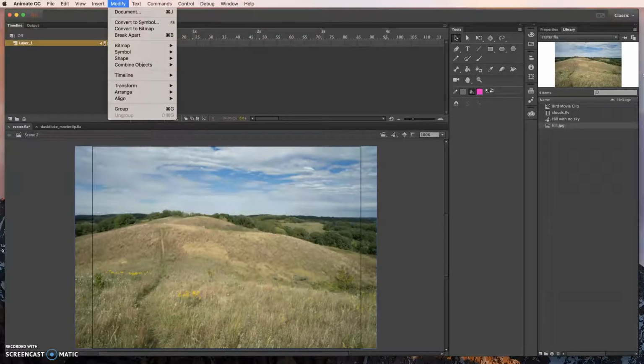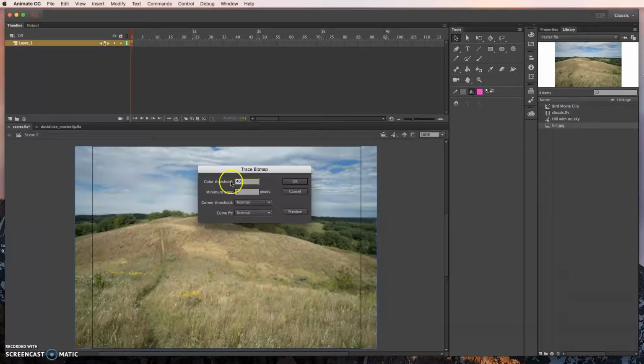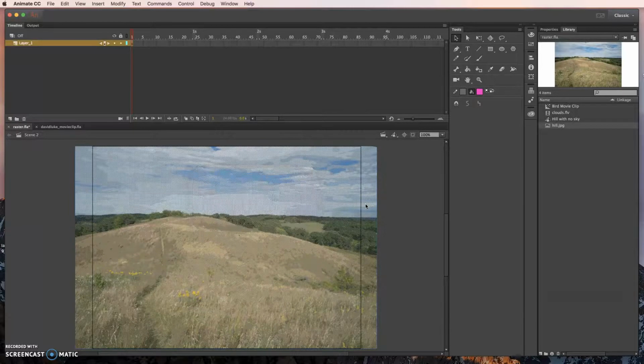In order to get what we're looking for in that final file, we need to go to Bitmap, Trace Bitmap. Now, when we do this, we get all these different options, color threshold and minimum area. I'm going to see what this 40 and 3 does. I think yours might pop up as 80 and 2. If we hit that, we essentially get a somewhat accurate version of this